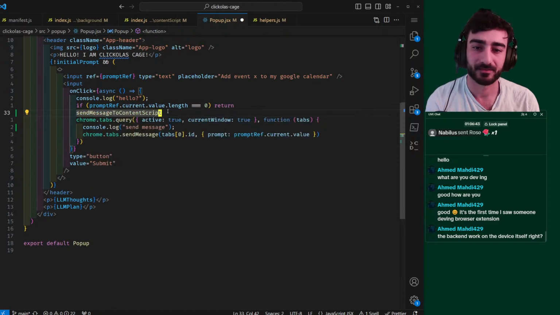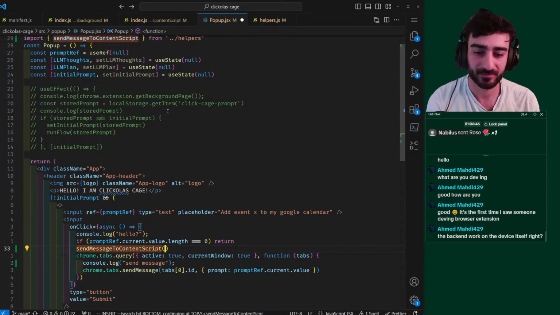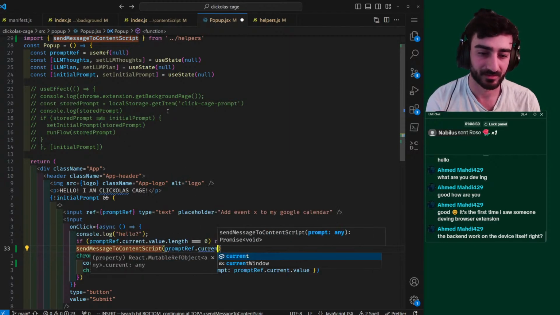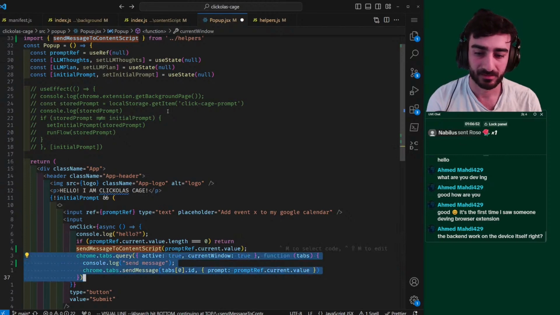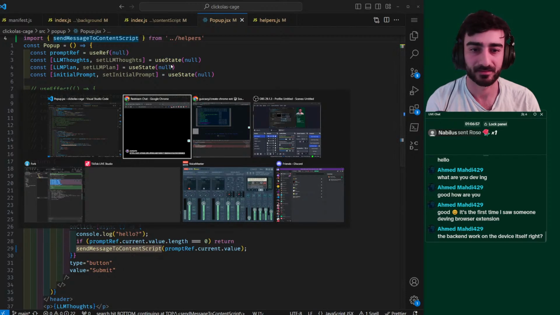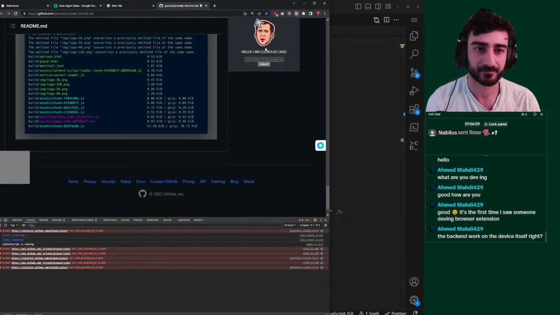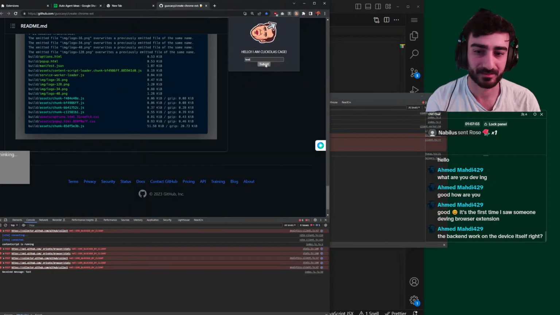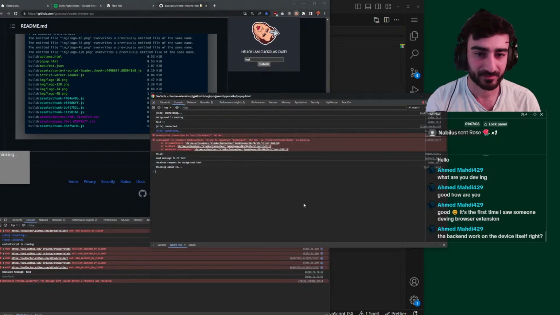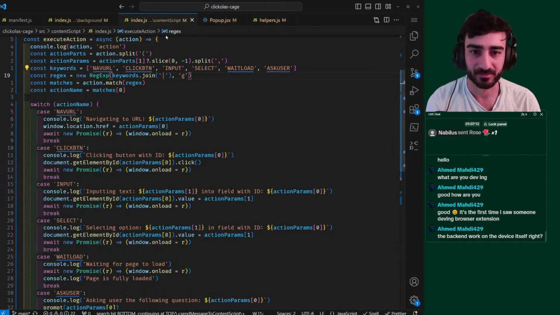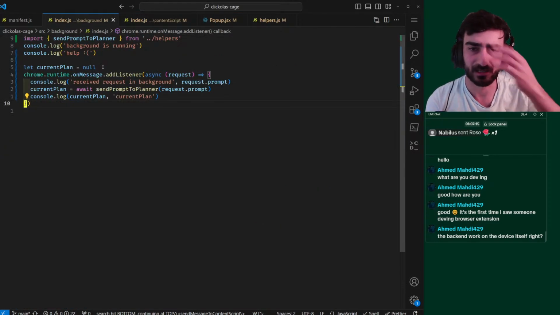So if I do this, will it import it? Perfect. Send message to content script, prompt ref dot current dot value. So now I'm using this helper function here, hopefully, and let's see if that still works. Just gonna write test here. Receive message test, send message to CS test. Perfect. Okay, so that works. We've sent the message to the content script using the helper function. Now